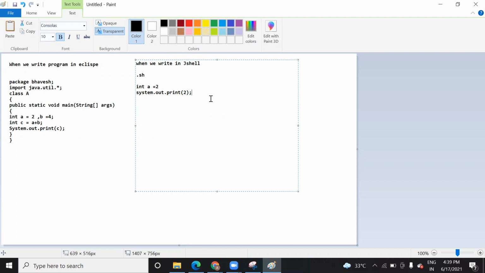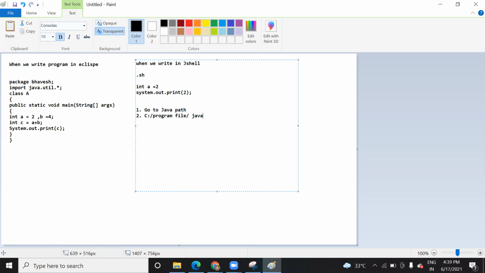In order to configure it on your system, the first step is to go to the Java path. Java is usually present in your C drive, in Program Files.